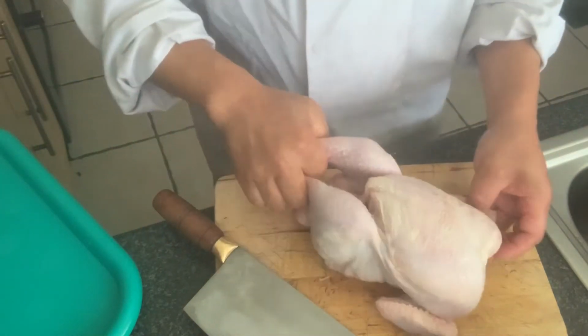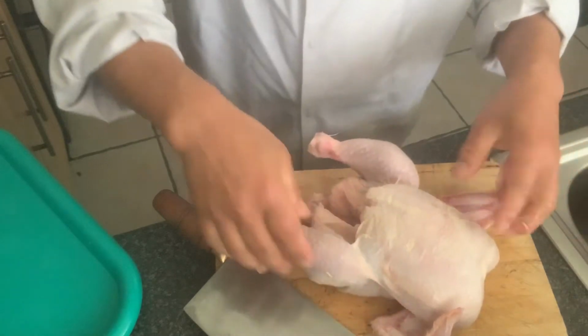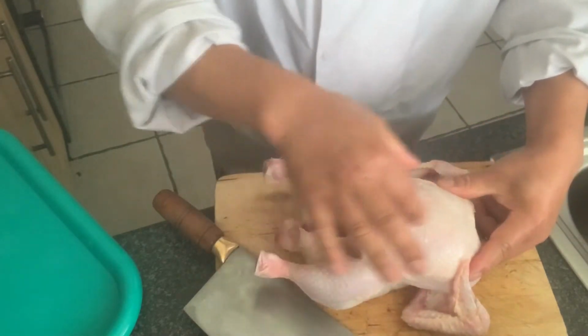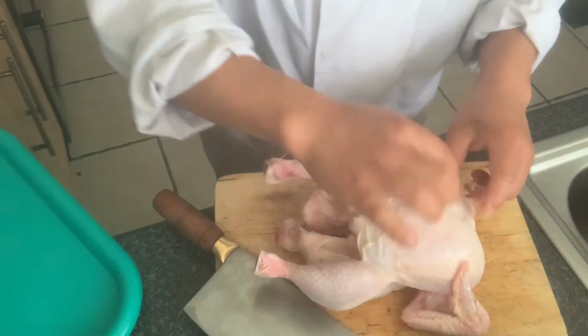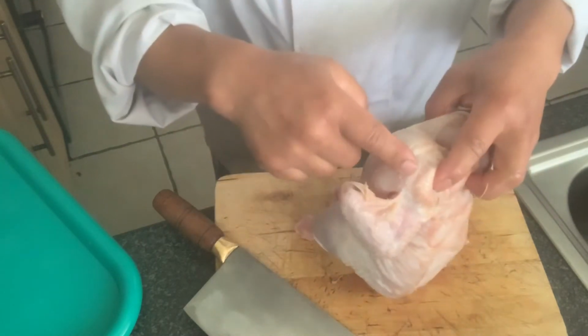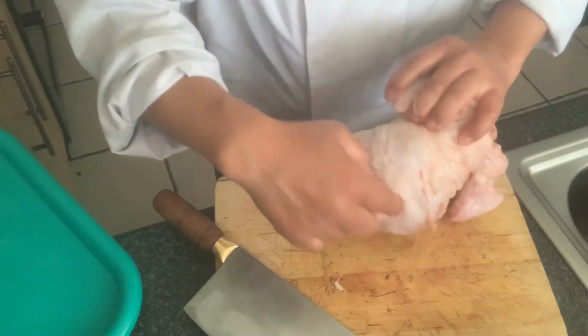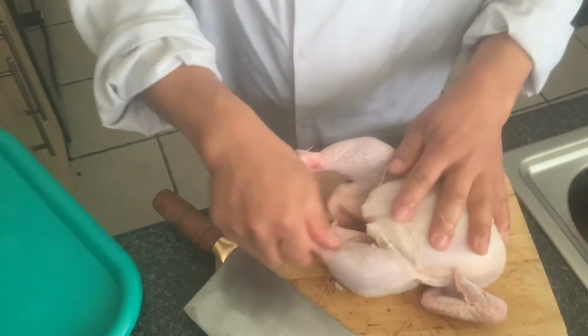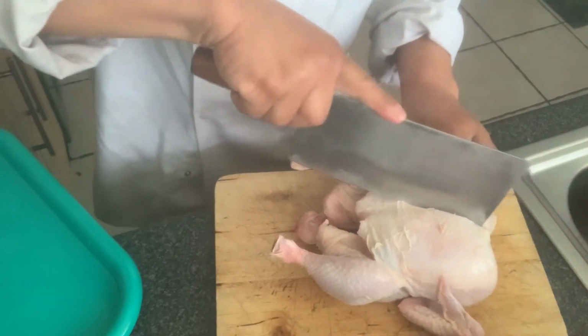Right, get the chicken, loosen everything up. Where the breast is there, you see there's a fine bone in the middle. One breast, two breasts. You have to know where the joint is and where the joint is on the leg as well. So first of all, you part the chicken where the breast is